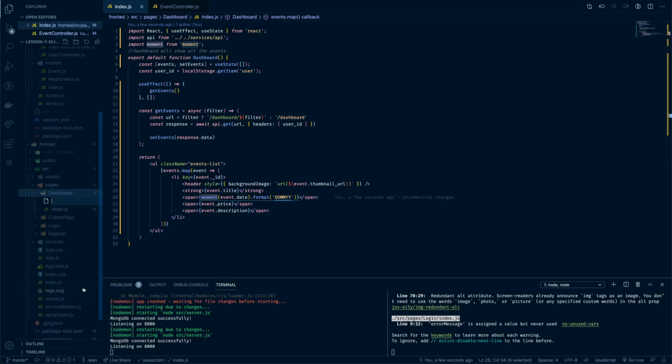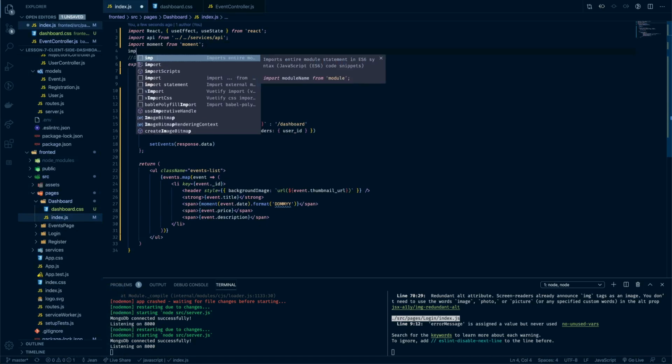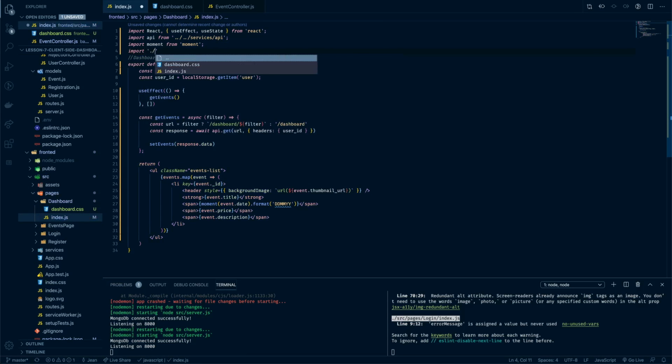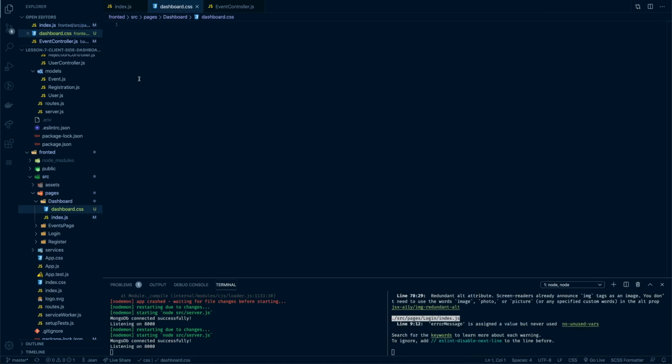So it will be a new file, dashboard.css. First thing first, let's go here and import this file before we forget, because I always forget, sorry. So now that we have the CSS, I think the first thing we can start with will be the event